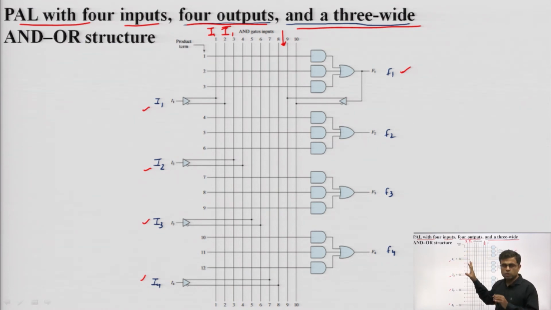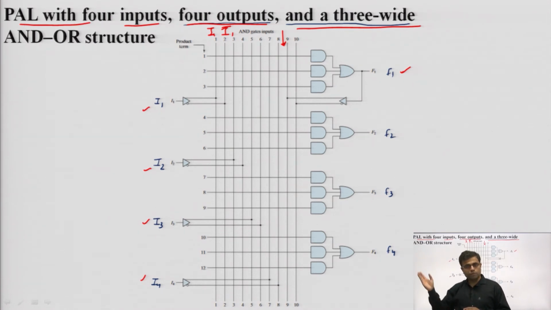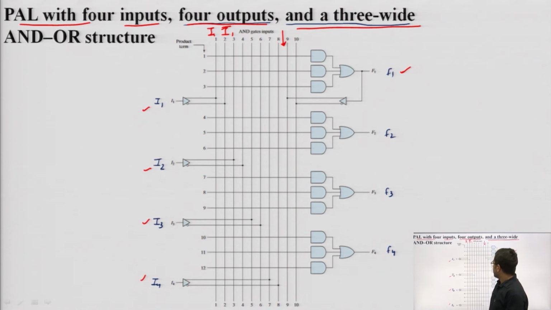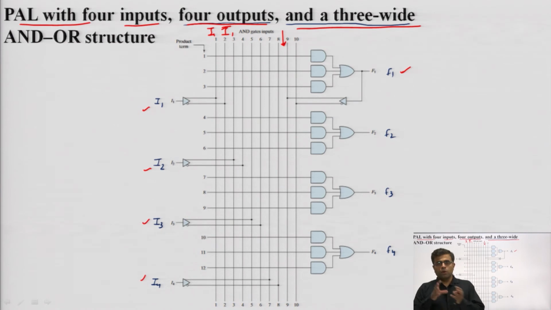But this is not a sequential circuit. Outputs will be used there, but this is not clock dependent. We see that there is a connection from the output to the input side, but this is not a sequential circuit. These are combinational PALs only. But there is flexibility if I want to use some of the final output as a partial output of some other output, so that products can be minimized.